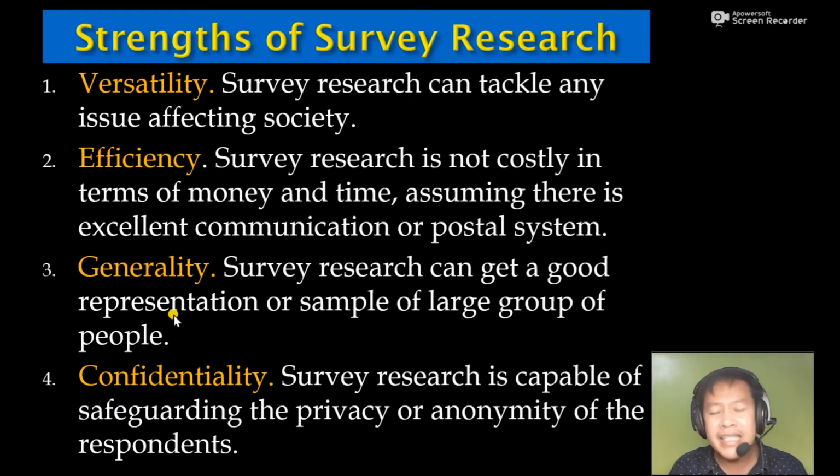The very best examples of this one are the surveys being conducted by the Social Weather Stations or SWS, or the Pulse Asia Research, in which they are always conducting surveys regarding